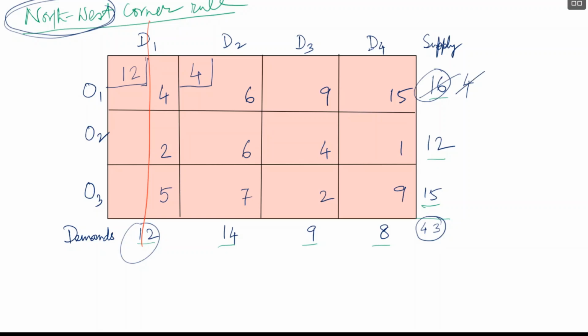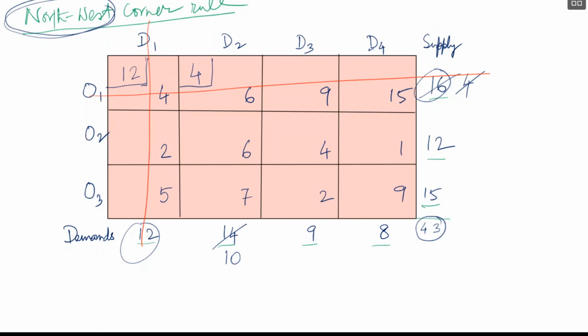and we see here that the supply 4 at O1 has now been exhausted, and the demand at the destination D2 has been reduced to 10, although it is not fulfilled totally. So now our origin O1 will not be able to supply any item anymore, so we should not bother about the first row of the problem, so we discard the first row. So our new problem consists of only 2 origins O2 and O3 and 3 destinations D2, D3 and D4 with the supplies 12 and 15 respectively, and the demands 10, 9 and 8 respectively.